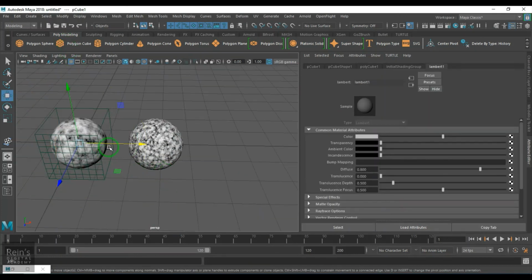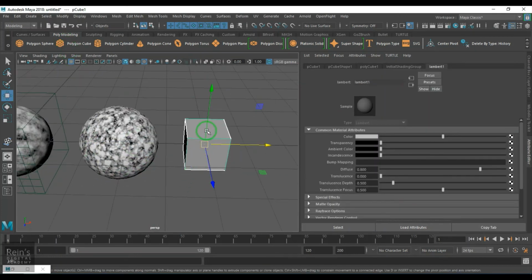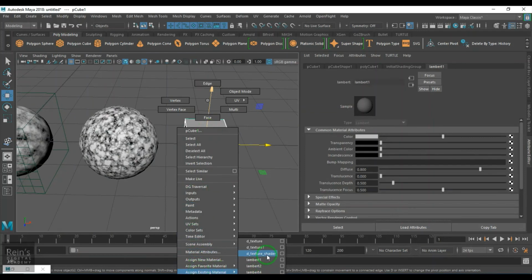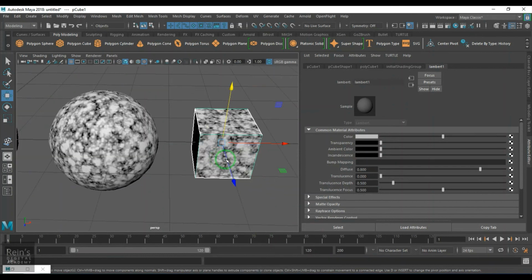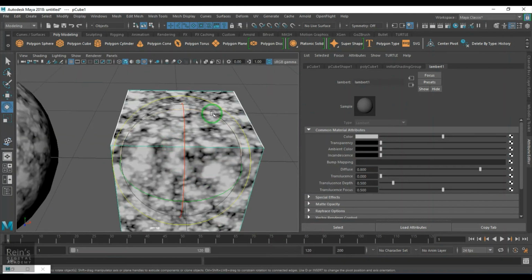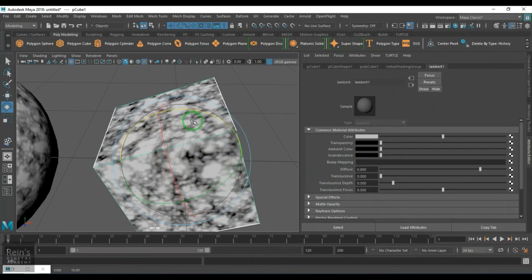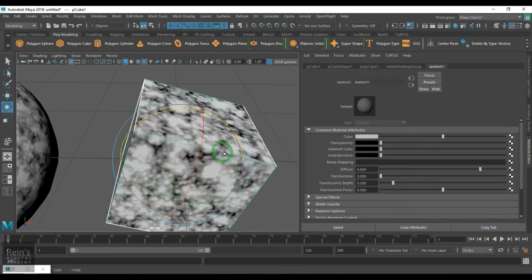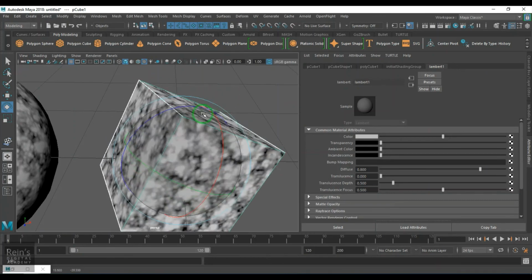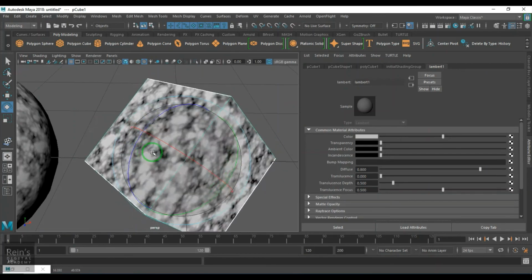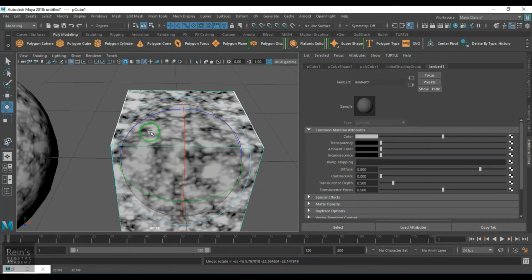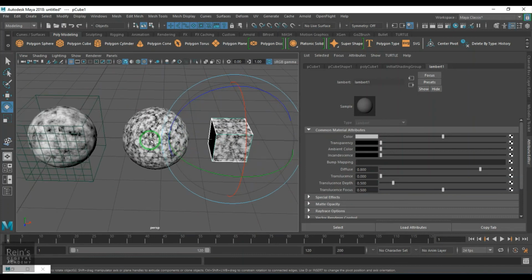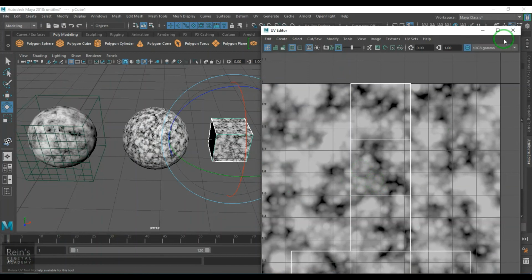But if I take a cube and assign this texture and rotate, you see the effect on the model. Okay. So if you're getting this boiling sort of effect, just take care of which sort of texture you have taken. Okay. Now if you just get into the Hypershade,